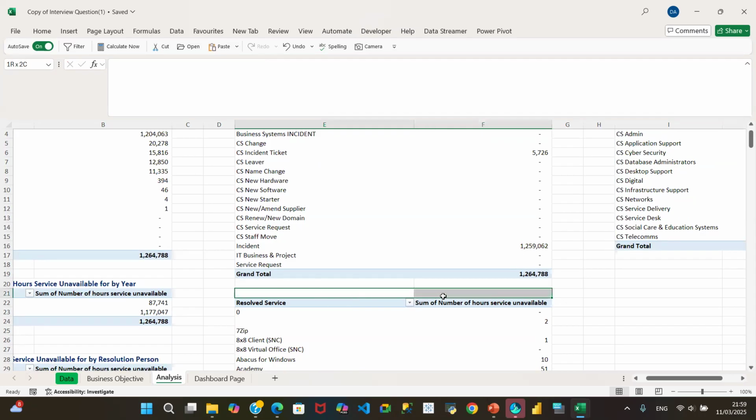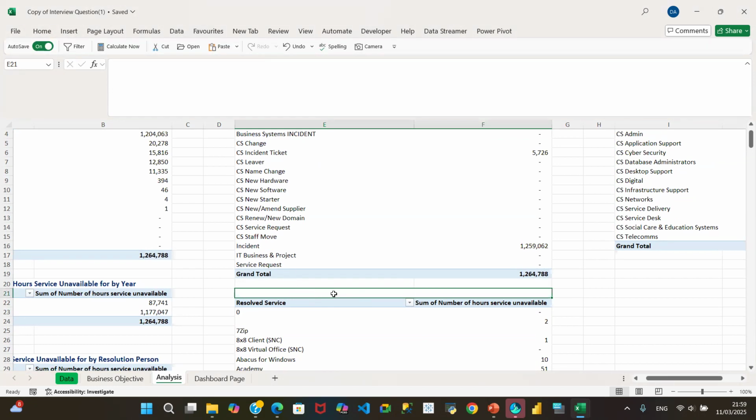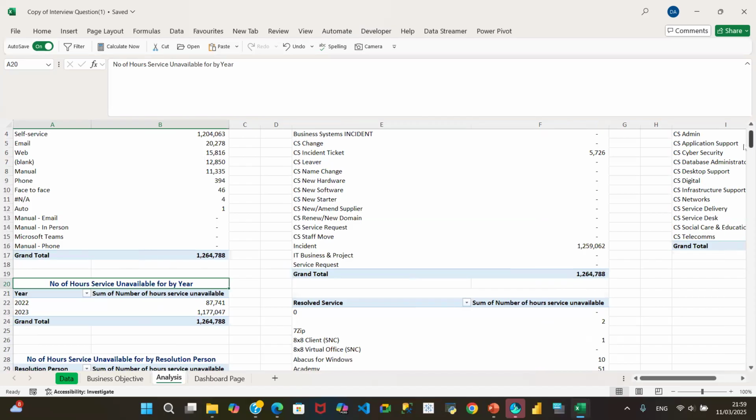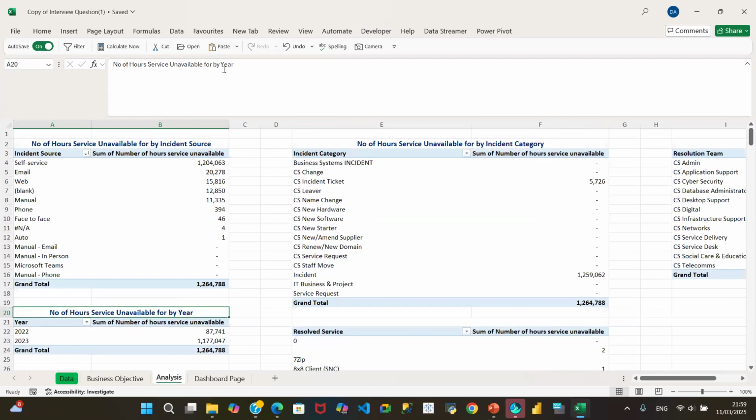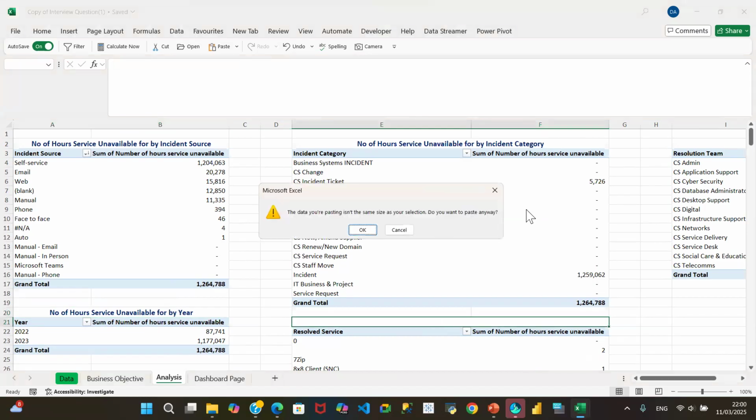But I saw something that caught my attention during the first pivot table that we created. That's for the, I can't remember the name now. This one, incident source. Yes, the incident source. So we have all these numbers here. So the period when you came to home and added this,